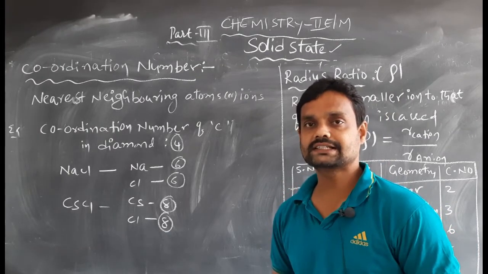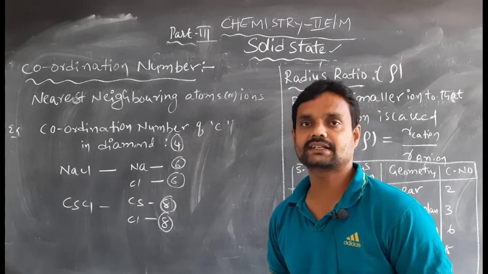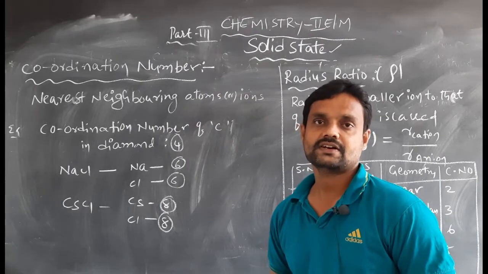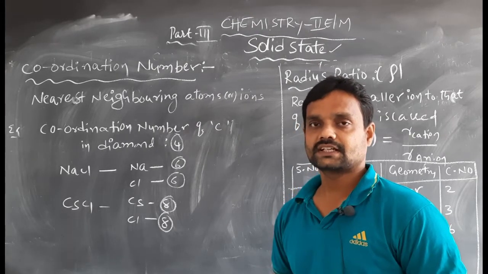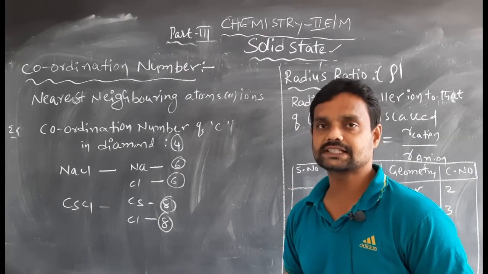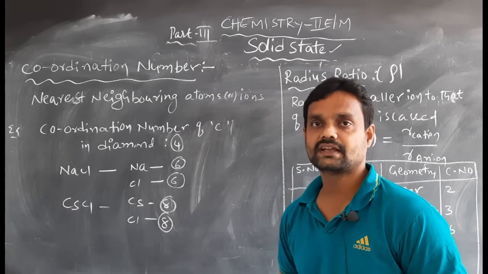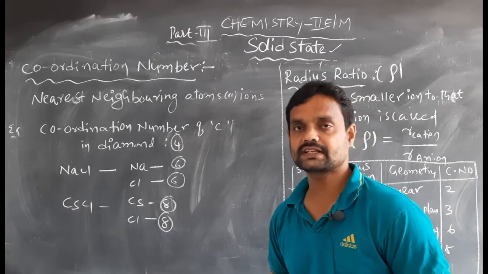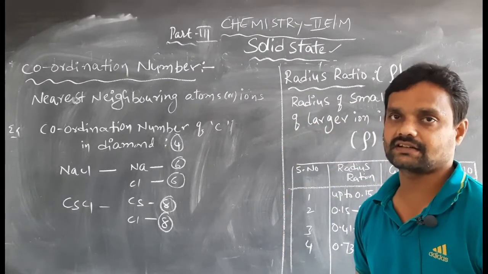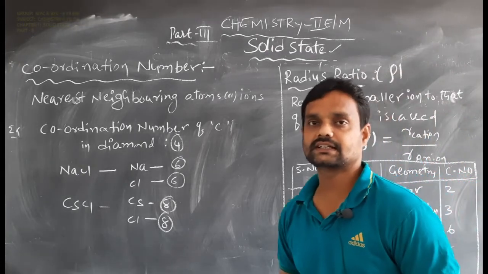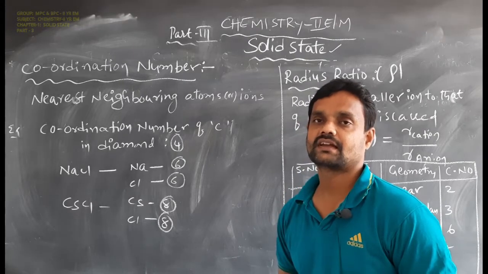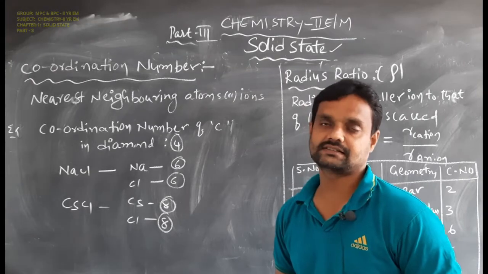Based on the intermolecular distance between the atoms or ions, matter can be classified into solids, gases and liquids. In solids, the intermolecular distance between the atoms is close. Due to that, the solid material has a definite shape, definite volume, and similarly definite geometry. We already learned this in previous classes, and also studied crystalline solids, amorphous solids and the types of crystalline solids.